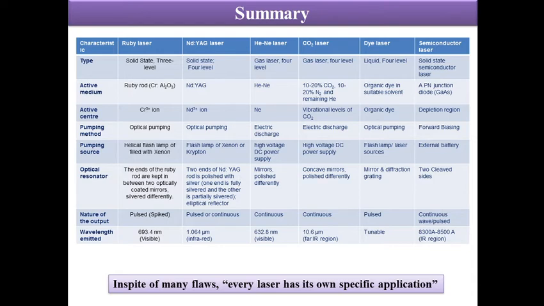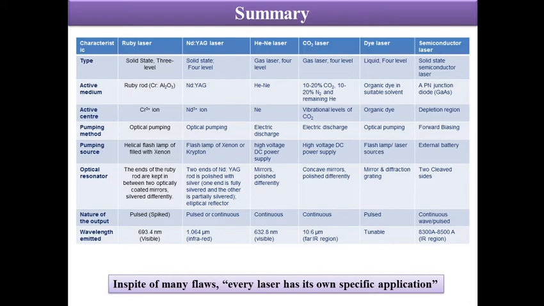Then we have helium neon laser, where a gas envelope of helium and neon gas is used as an active medium. In CO2 laser, we have a gas envelope of 3 gases, namely carbon dioxide gas, nitrogen gas, and helium gas, where CO2 and nitrogen are in equal proportion and the rest is helium gas. In dye laser, we have organic dyes which are soluble in some suitable solvents and they act as an active medium. While in case of semiconductor lasers, we have a PN junction diode, mainly formed of gallium arsenide, and this acts as an active medium.